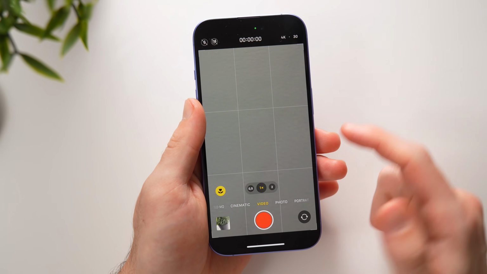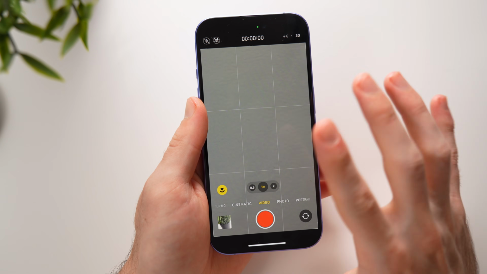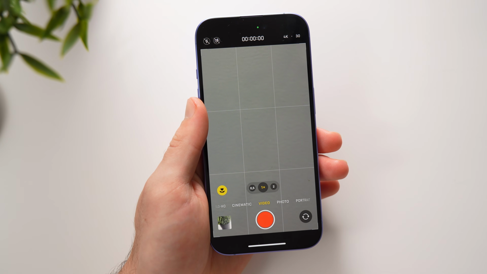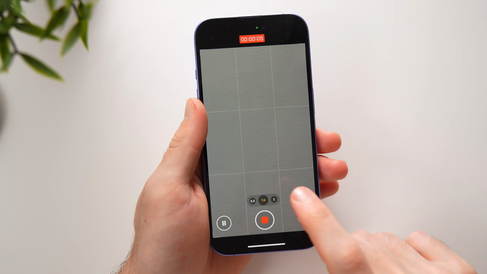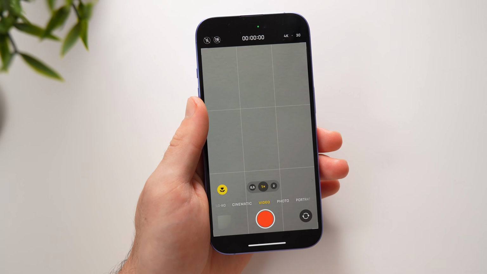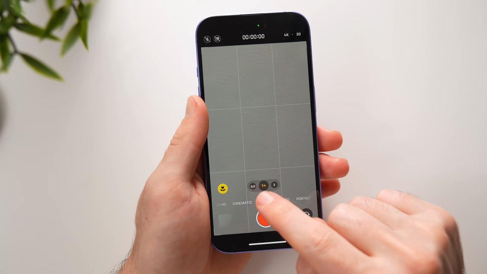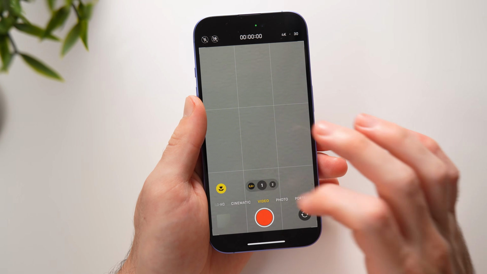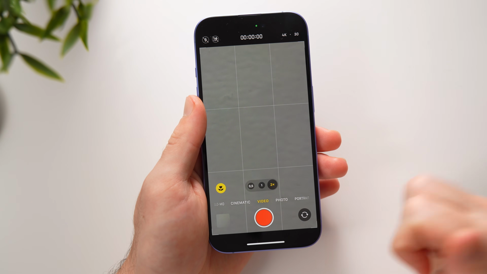So as you can see for video, it defaults on the 1x mode, which is, as I said, at the middle ground focal length. If you want to start recording, you want to tap here. And then if you want to stop recording, you can tap again. Automatically, that video will be stored in your photo gallery, just like the photos we've taken earlier. As you can see, we also have the menu for 0.5x, 1x, and 2x, which works exactly the same way